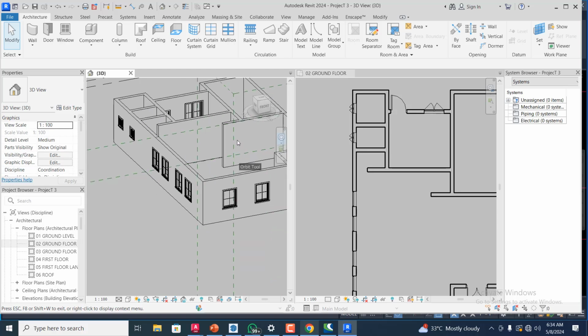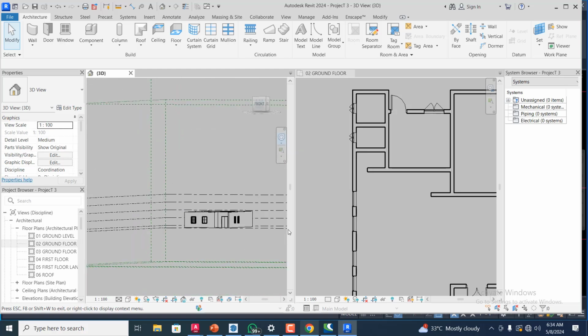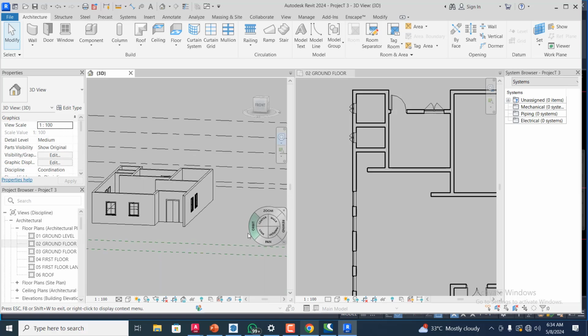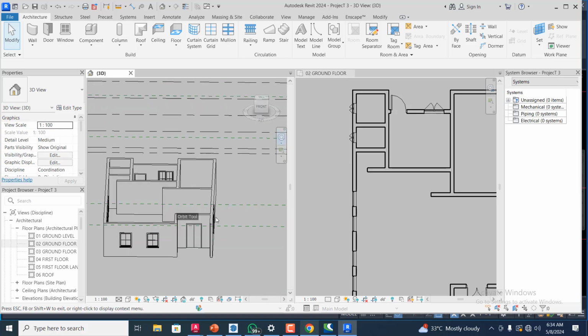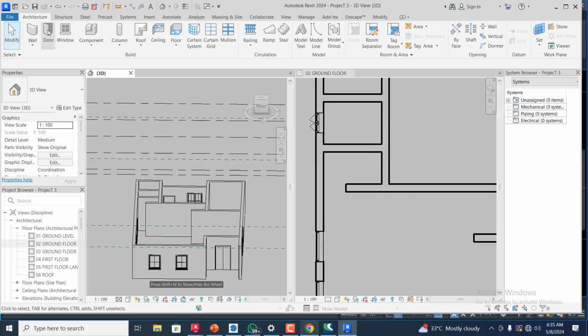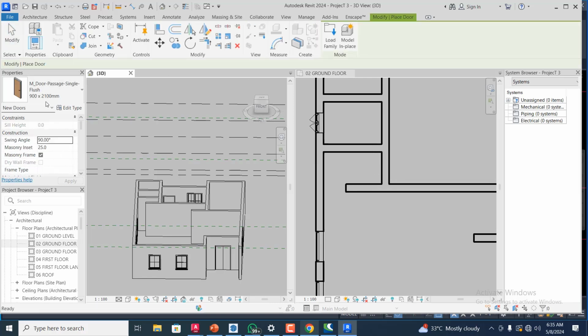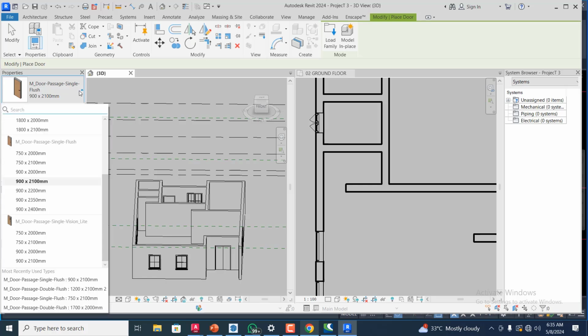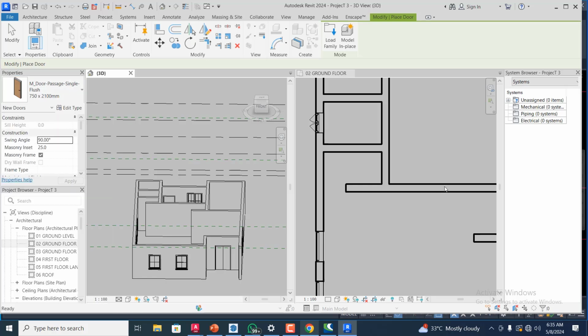We have been able to introduce our doors, our windows, and then let me try to introduce the doors here. Here I'm going to have a 750 size of door. Click on this drop down menu. I'll look for 750 and I'll place it here. So as you can see, the good thing about using Revit is that it will automatically give you your 3D model